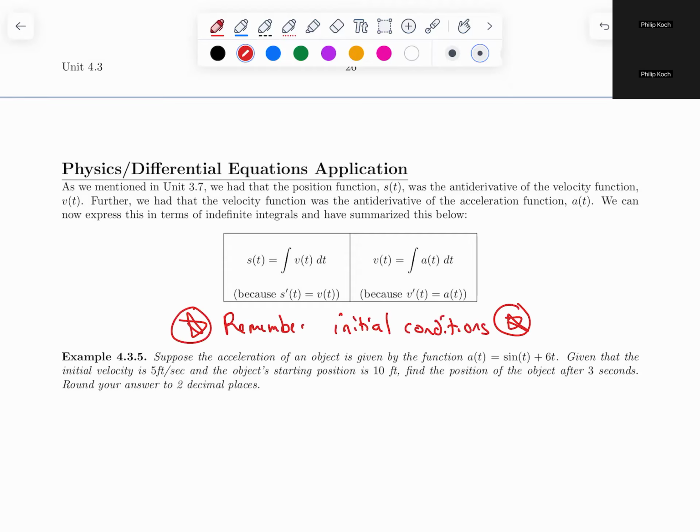So which question had the initial condition? The antiderivative problem on the last page, the one that had 2 options. It's been a hot minute, so you might not remember it. But either way,